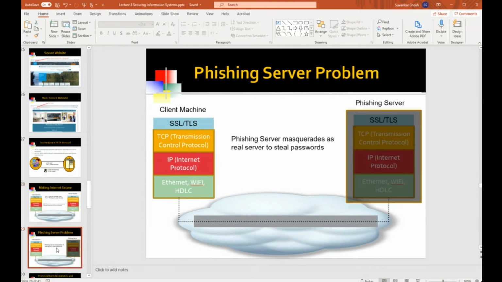I referred to the phishing problem, I think at an earlier point in this lecture. The phishing problem is where a server masquerades as the genuine server, but it's a malicious server. The phishing server's goal is to collect your username and passwords, collect your account information, and also be able to see through the transaction details.